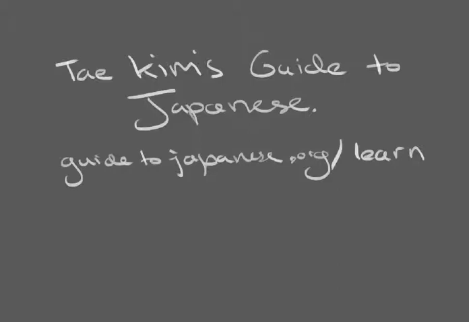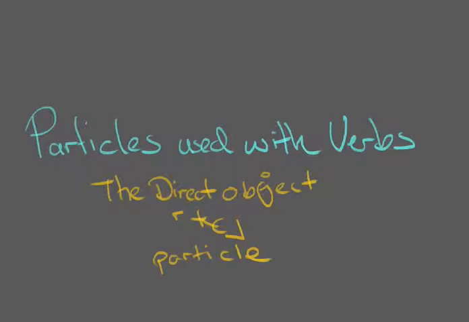In this section we'll learn some new particles, essentially for using verbs. We'll learn how to specify the direct object of a verb and the location where a verb takes place, whether it's physical or abstract. The first particle we will learn is the object particle because it is a very straightforward particle. The O particle,